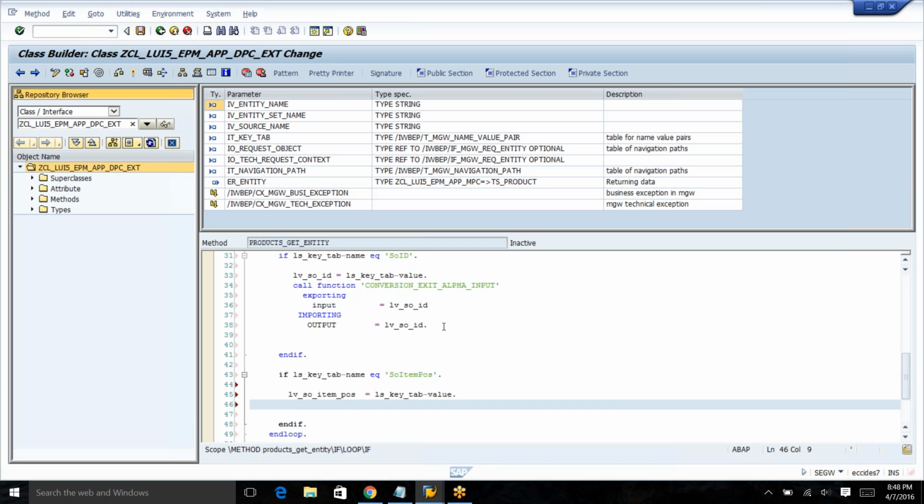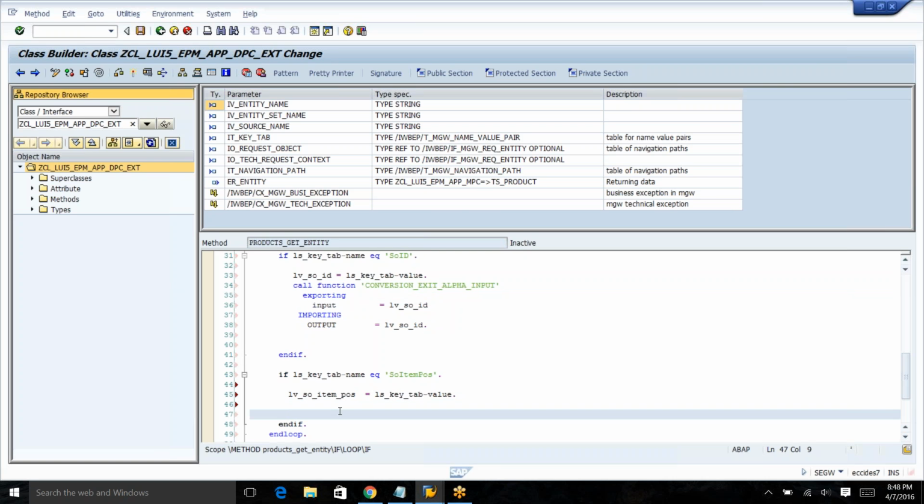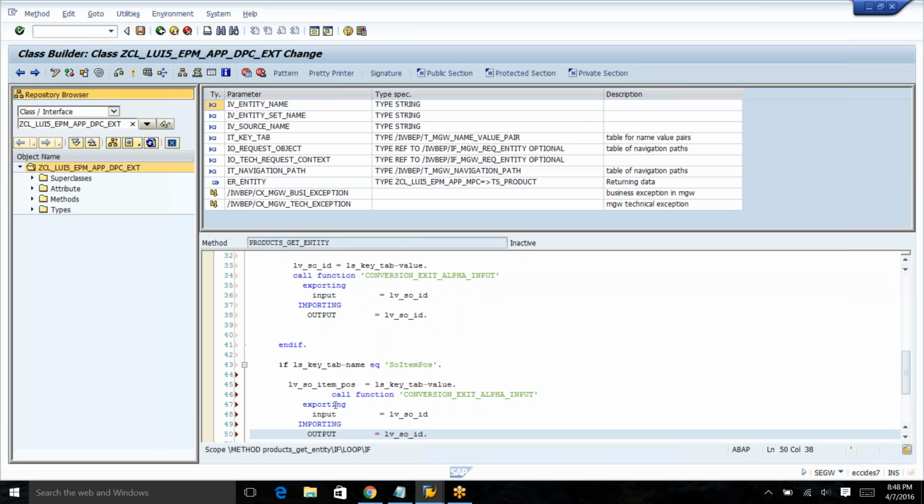Okay, then we are going to call this function module. Okay, and we will pass the position, this one. Okay,